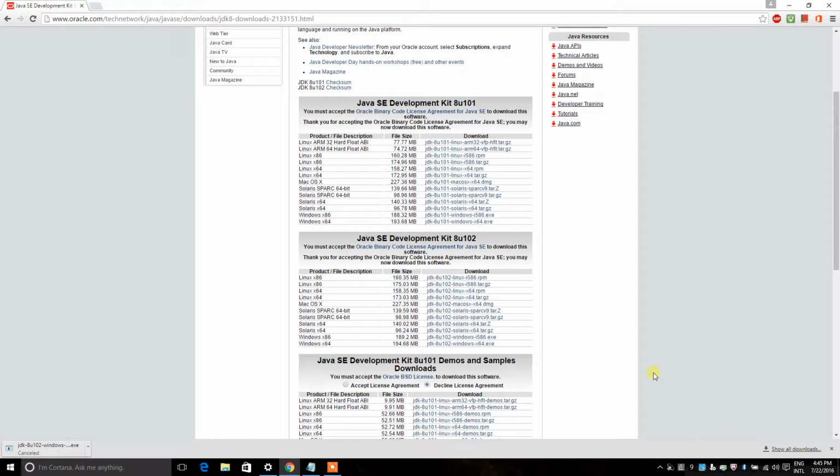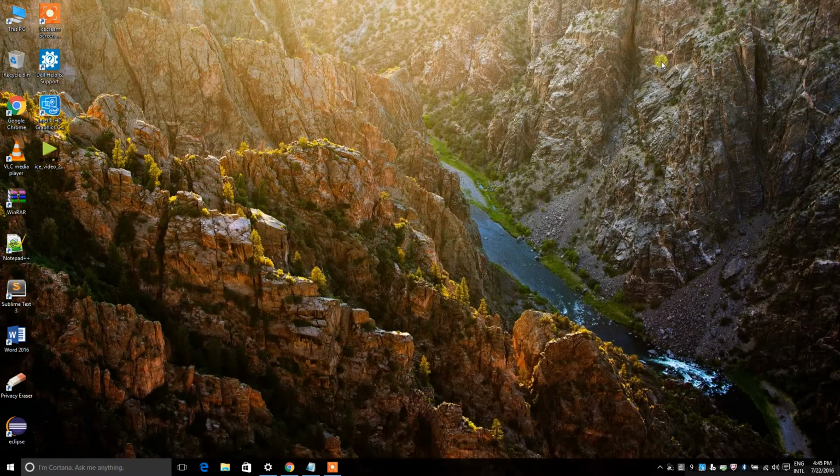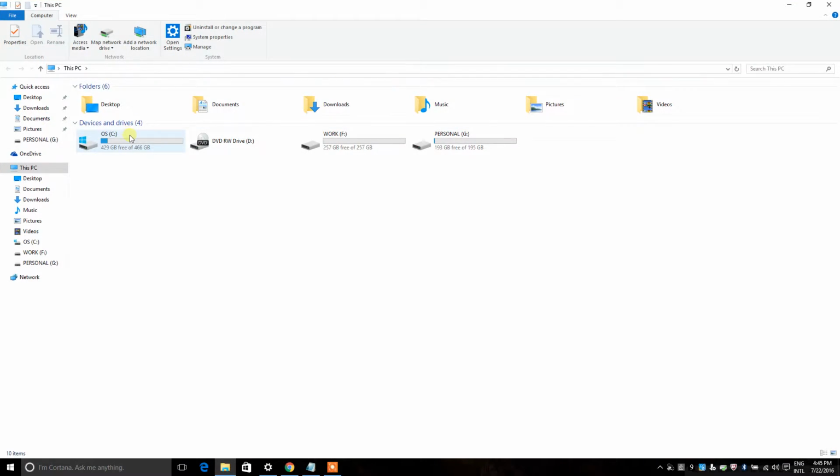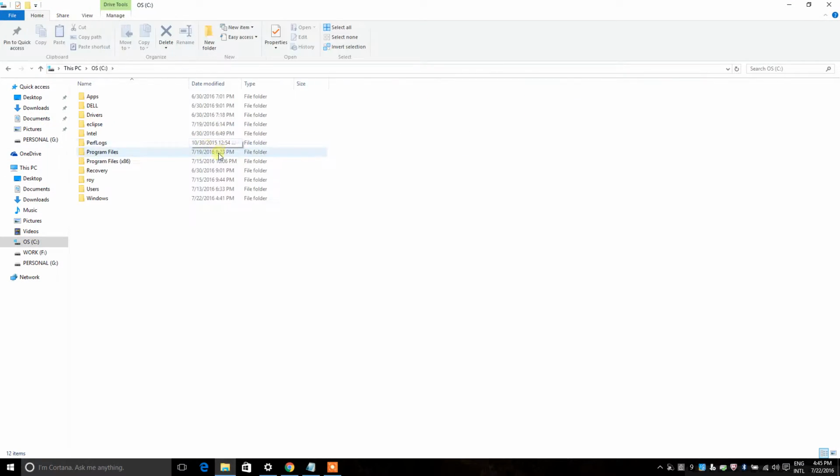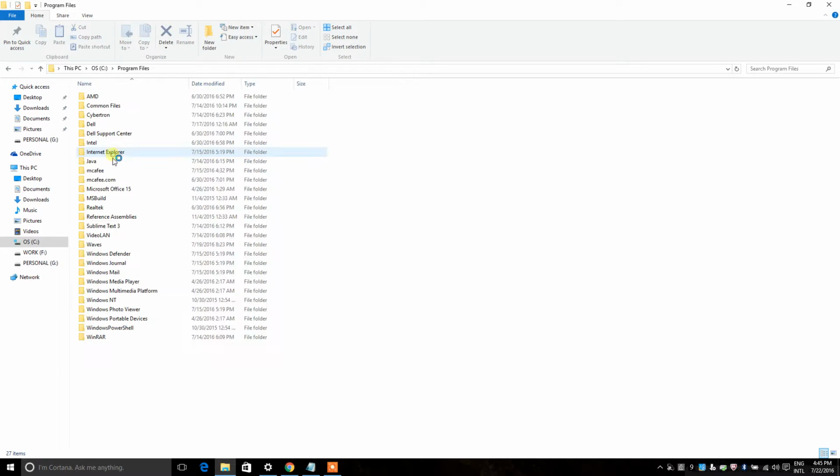So I will now go and just install it. Wait a second, I need to check whether it is pre-installed or not. You can locate it in Program Files. If you download the 32-bit, it will be in Program Files x86, but I have downloaded the 64-bit, so I need to check it.